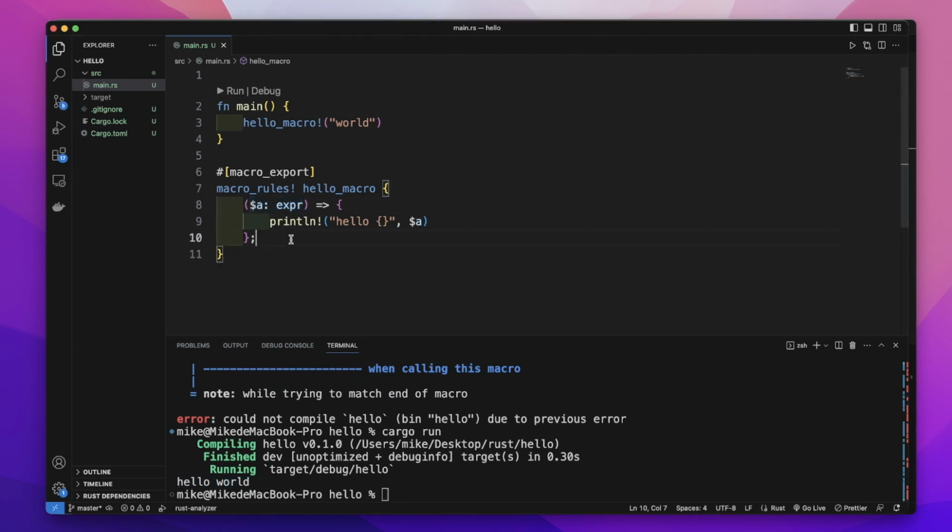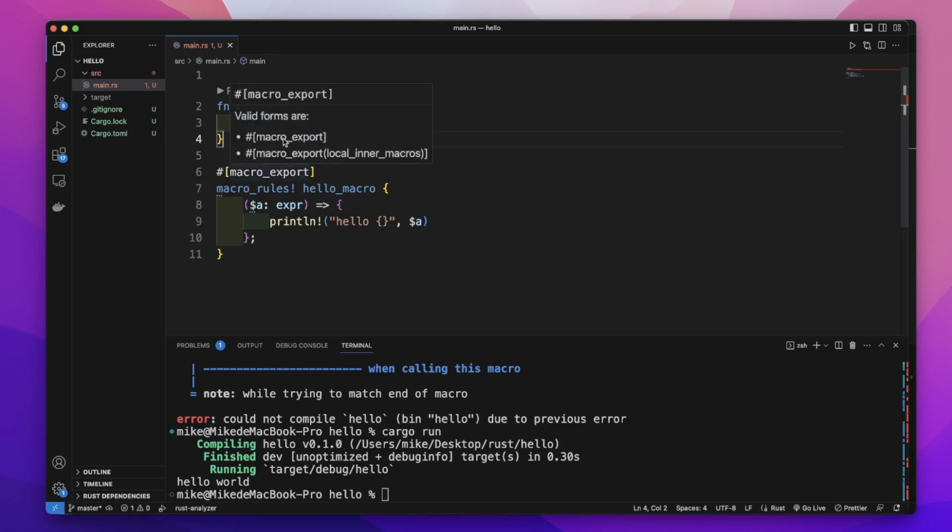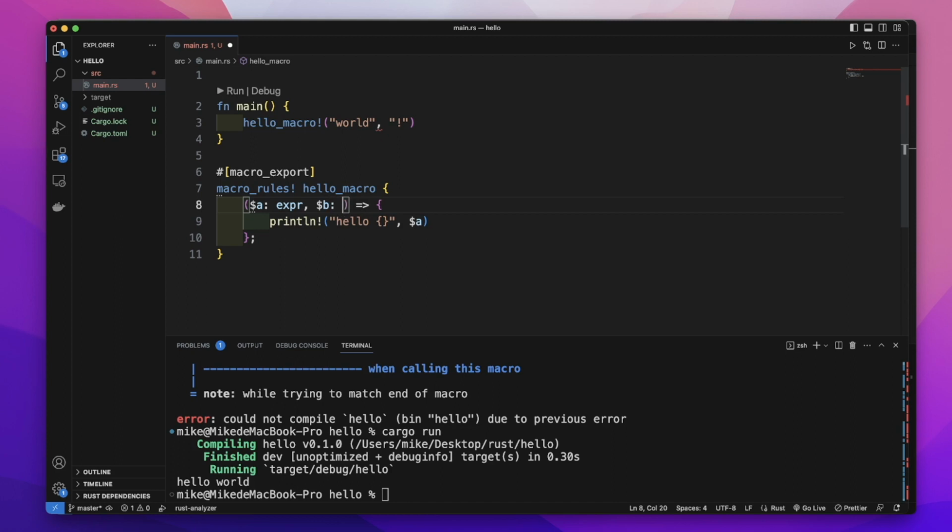In this pattern, there is only one variable. If we pass another argument into this macro when we call this macro, the compiler will give us an error because this no longer matches this pattern. If we want to pass more arguments into this macro, we can add another macro variable like $b, also expr,